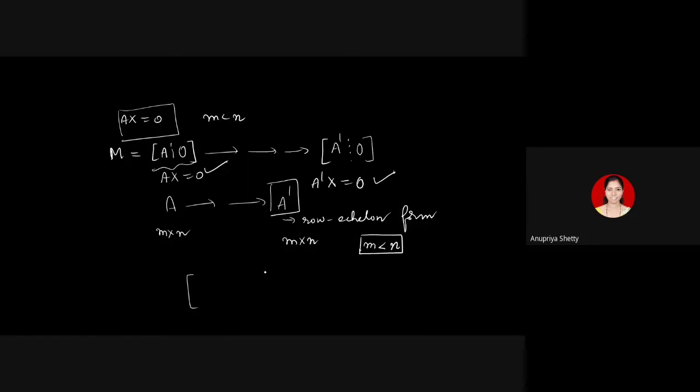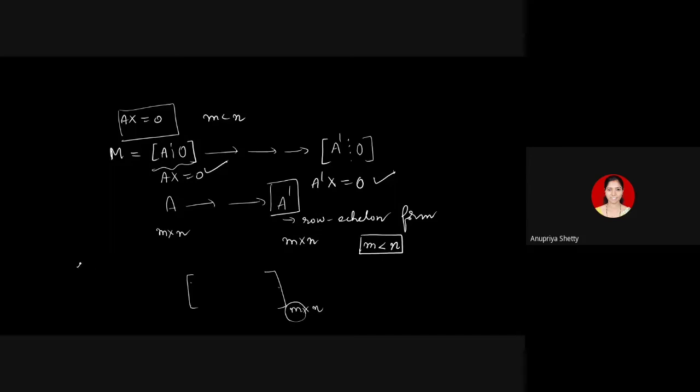Why, when the number of rows is less? See, I'll draw it in this way. It's a rectangular matrix, broad. The width is larger, m is smaller here. The number of columns is more. Lengthwise, it is shorter. And you know that each row can have exactly one pivot, or there may be rows having no pivot. So at the maximum, you can have m pivots. Since one row cannot have more than one pivot, at the maximum you will have m pivots. We will use that fact.